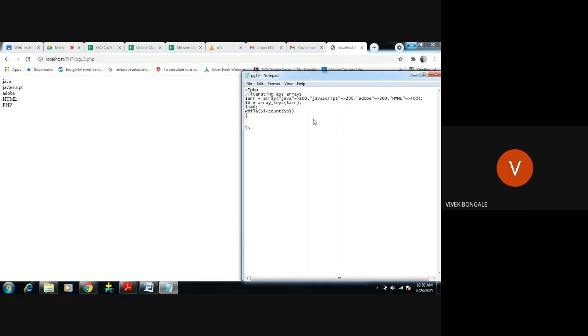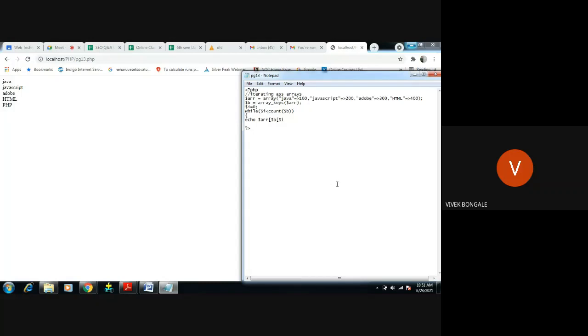Open echo $arr. Then you are displaying this value, 100, 200, right? So it is there in $arr, and the keys are there in $b, and the $i incremented value here.